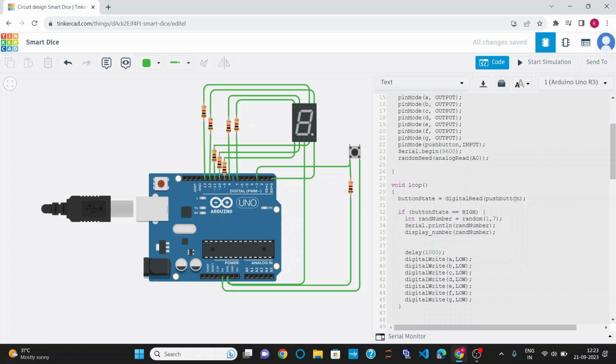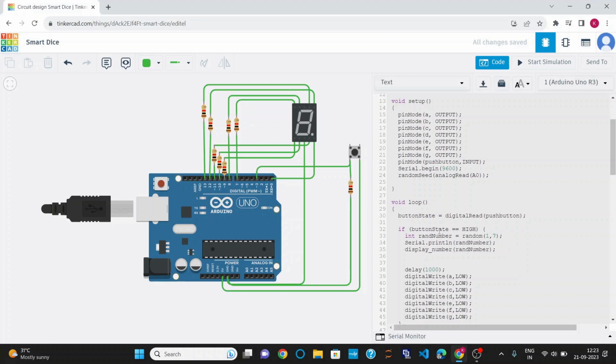Now, in the void loop section, I am assigning the digital read of the push button to the button state. That is, when the push button is pressed, the button state will be 1. Otherwise, the button state will be 0, which I have initialized before. Now I have applied a condition that if button state is equal to HIGH, it represents that the push button is pressed. Then I used a random number generator function, that is random, which generates a number between 1 to 7